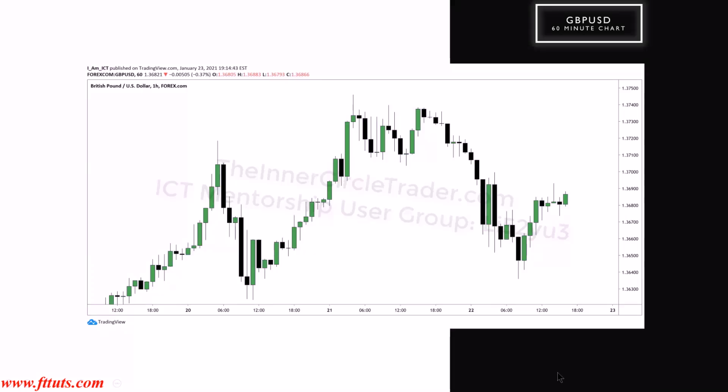All right, here is the 60-minute chart on cable, and it's blank for a moment. So if you're not ready, pause the video. All right, so here is the order block, and it traded down into the last down close candle here. We had accumulation there, and then the market traded off of this order block, and you'll see when we get into the 15-minute time frame, it had a projection block in there, which I'll draw attention to once we get to it. We had relative equal highs left.